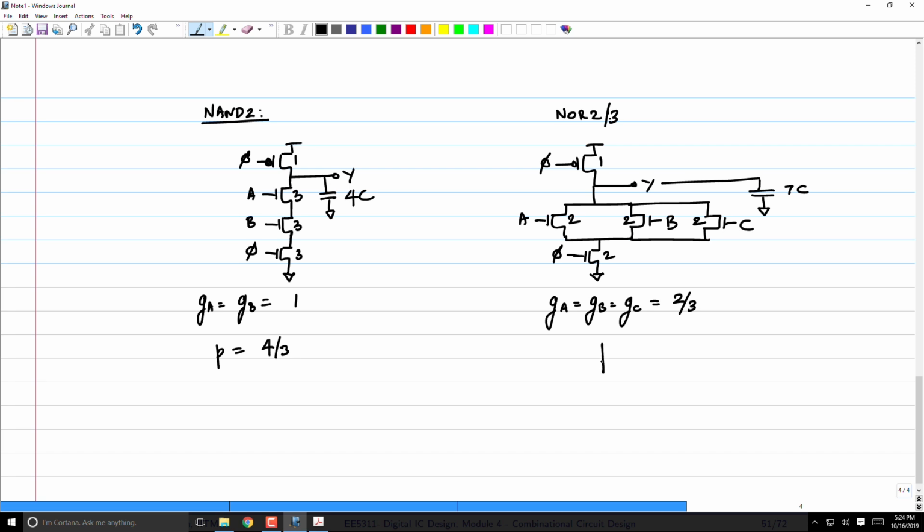Okay, so therefore here parasitic effort will simply be how much? 7/3. And of course, remember, I have not indicated explicitly, these are all only for pull down. I have said GA, GB, GC, it's actually GAD, GBD, GCD. Pull up is irrelevant in this case. Okay? Now great, I have a dynamic inverter, I have a dynamic NOR gate, I can make any dynamic circuit that I want. So next, what do I want to do?